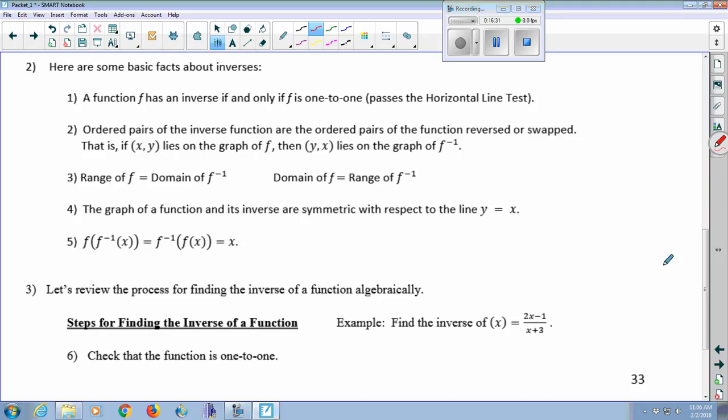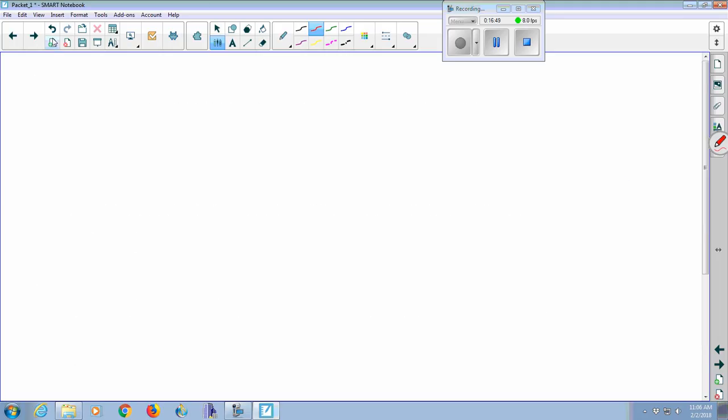We know that a function has an inverse only if it passes the horizontal line test, because it means it's 1-to-1. What's the most famous function probably that doesn't have an inverse that you always want to have an inverse? X squared. That's sort of the killer, right? In the sense that your parent function x squared,